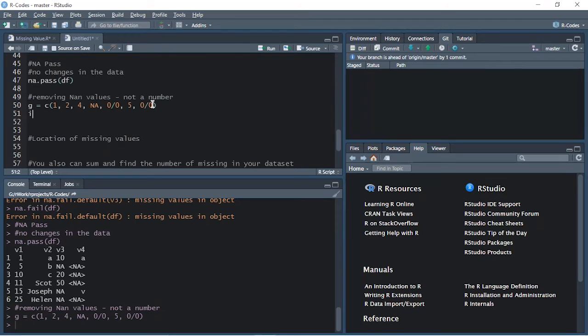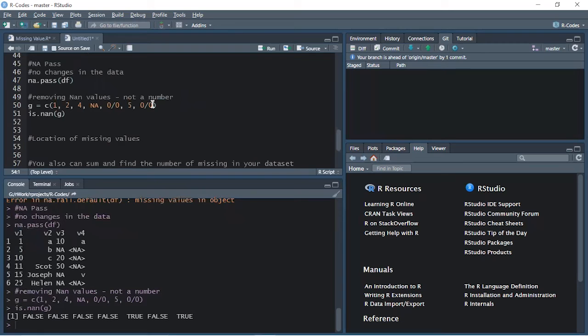So I'll say is.nan, and I'll provide this variable. Wherever there is a NaN, it has resulted in true there. It has given the Boolean value, true, wherever there is NaN.